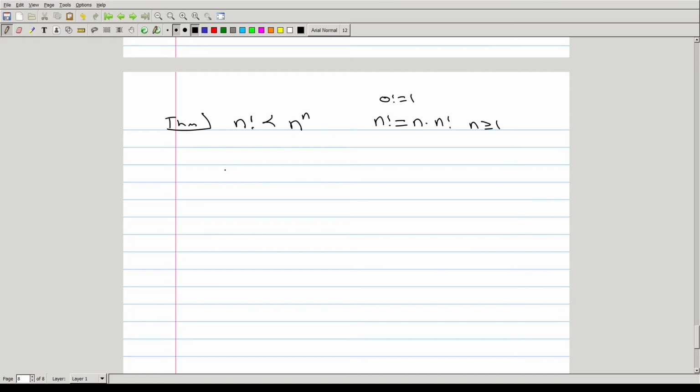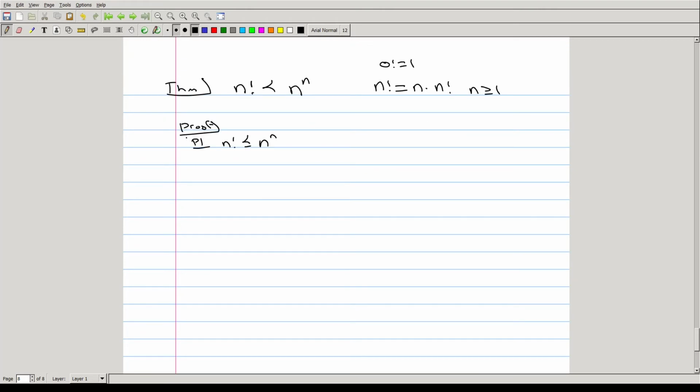So with this definition, we have a relatively straightforward method for going through and getting this estimate. To show that it's strictly dominated, we first need to show that n factorial is dominated by n to the power n, and we know that n factorial is 1 times 2 times 3 times all the way up to n minus 1 times n,